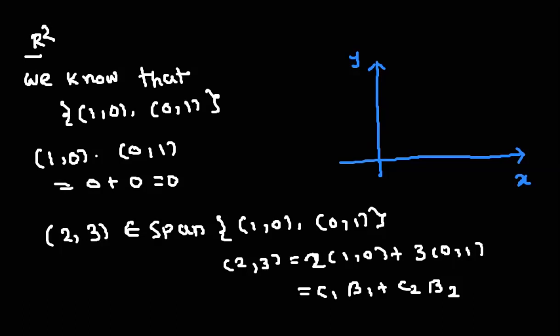Now we want to check whether the 2 and 3 are the projection component or the scalar component. We want to verify that part. So let me find the projection. What is 2, 3 over here? You can see something like this. This is our vector 2, 3, and this is our 1, 0 vector, and this is our vector 0, 1.